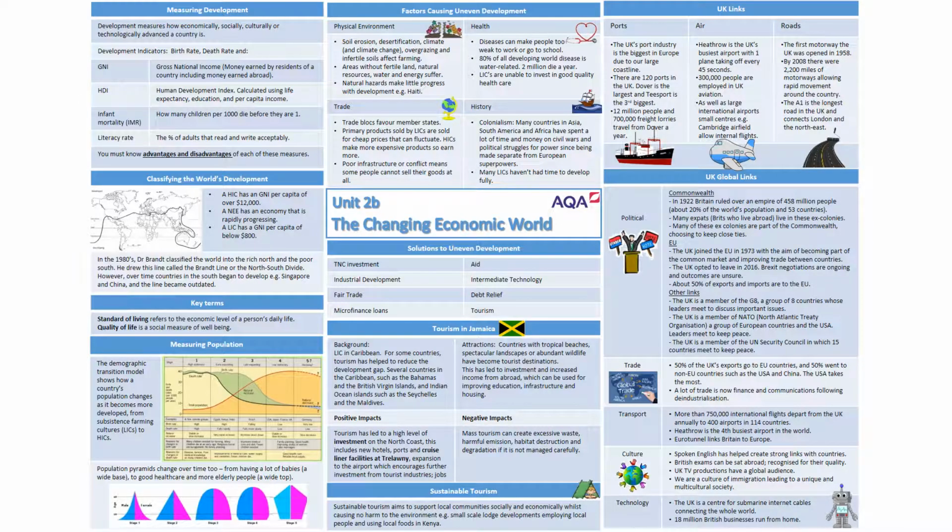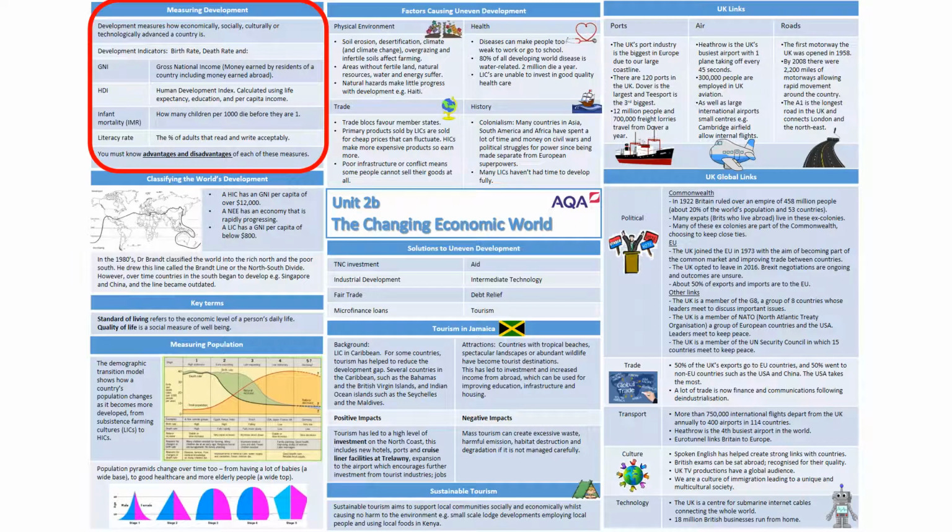These are the sections that you need to know for your assessment question next week. You need to know all the indicators of development and advantages and disadvantages of each of these measures. For example, the disadvantage of GNI is that countries might have a wide variety of income across the country. For example, in Nigeria, the north is much poorer than the south, but GNI is an average figure, so it